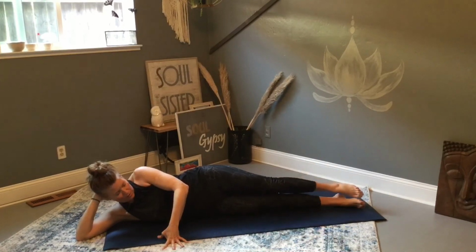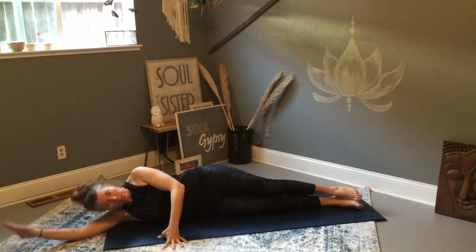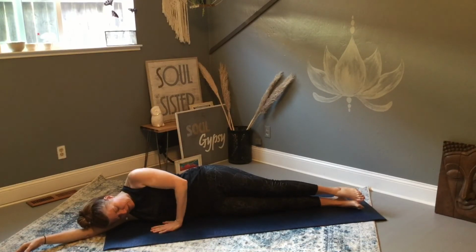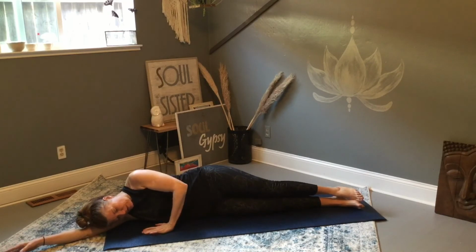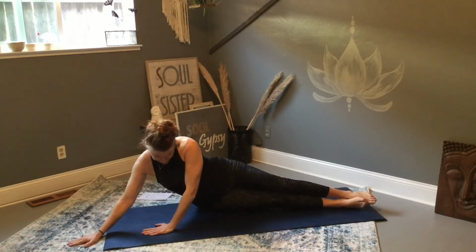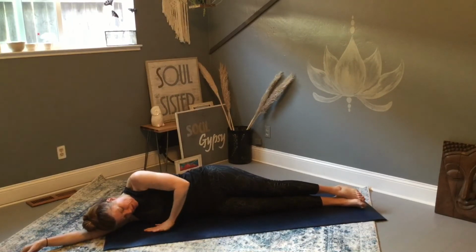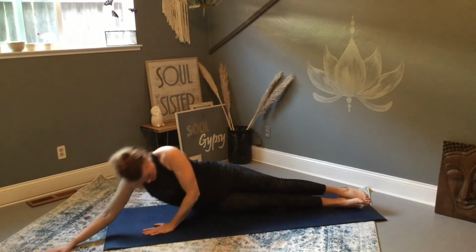Good. All right, let's keep our legs straight this time. Arm all the way down, hand inside. So instead of bending the knees, we're going to keep our legs straight. If you need to bend your knees, that's fine. We're going to press up and down. Remember, push down on the hand, push down on the hip, all the way up